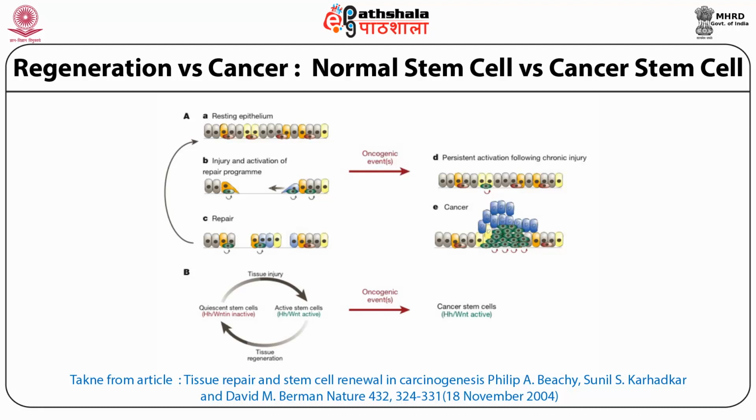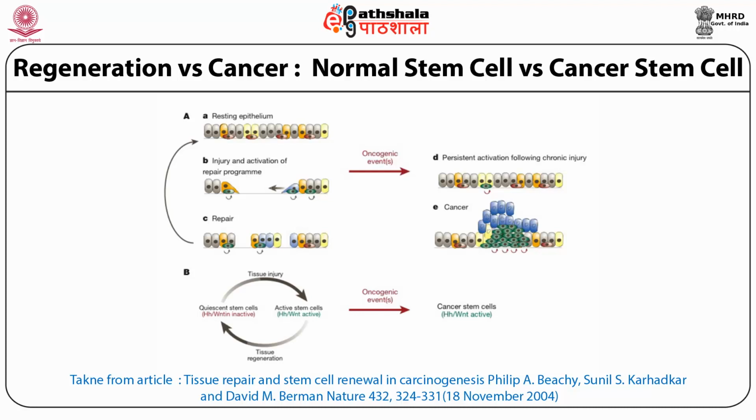However, following an injury, pathways such as the hedgehog and the Wnt signaling become activated. This causes the red-colored stem cell to become active and help in the process of repair and regeneration, and thereby filling in the injured area. Once the injury is healed, the hedgehog and the Wnt signaling pathways cease to be active. This stops the process of regeneration.